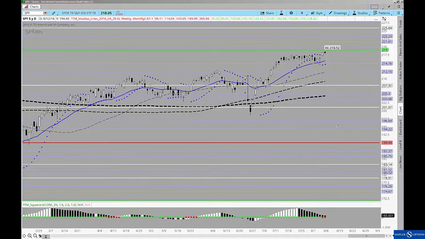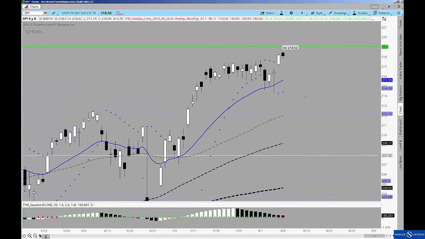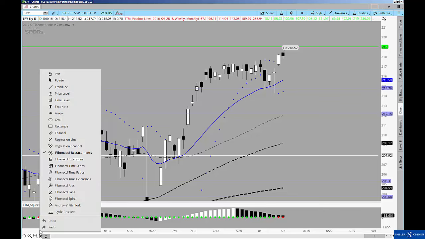Now, why do I point it out? Because buying the new high is not the game. Playing for the push to the new highs is more where you want to try and get involved with that. Now, I did not do that here in the Spiders. I have not been trying to buy them, but we'll look at this comparison in another chart, and it's backed